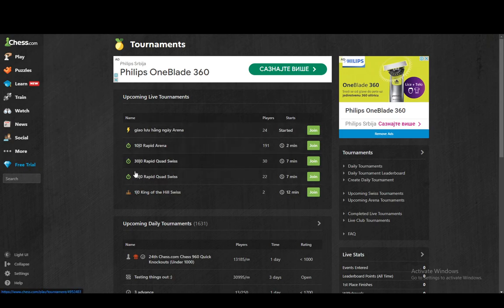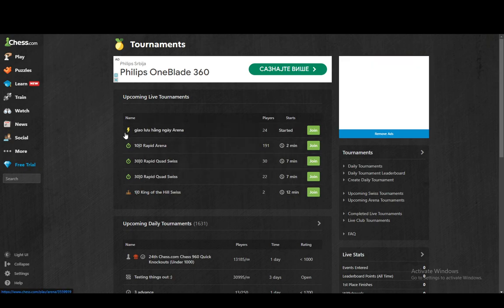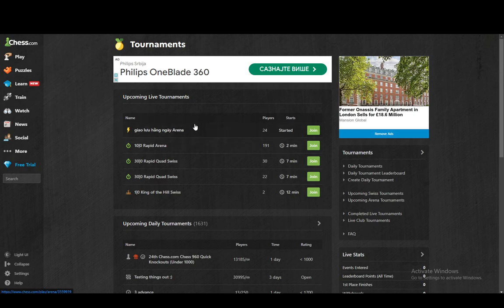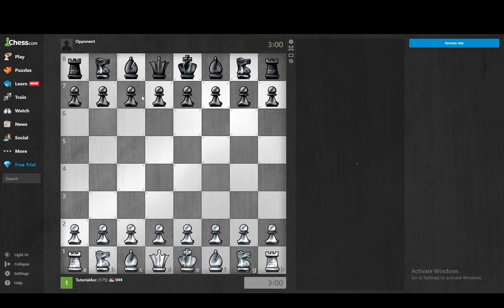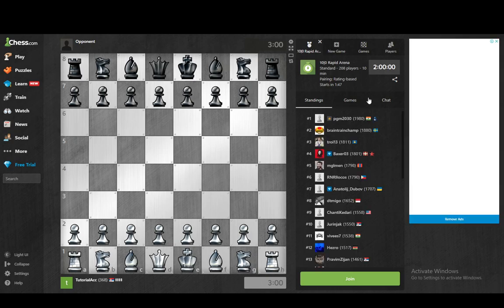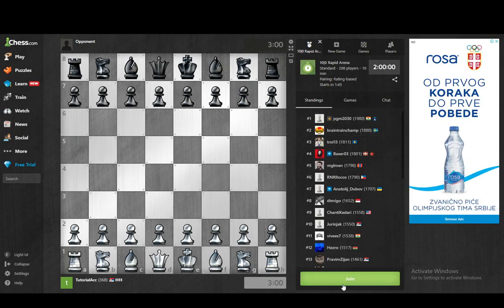These three are, well, just normal chess from 10-0 to 30-0, and this is Blitz chess, which is 5 or 3 minutes per person. And all you have to do, just click join, and you'll be joined into the tournament, and that is pretty much it. Then you click join again,